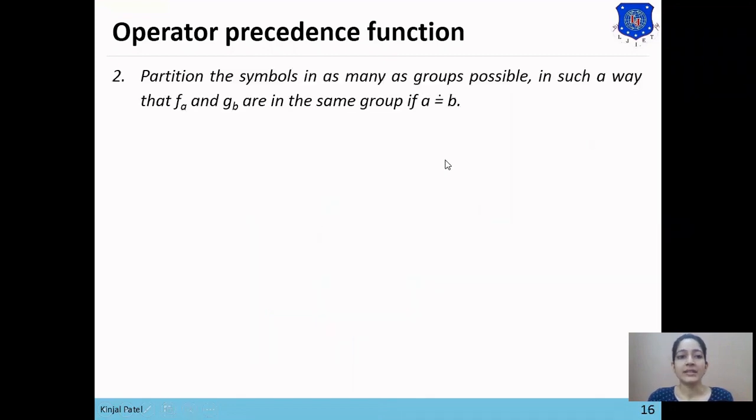Now next step is to partition the symbols into as many groups as possible, in such a way that if a equals b, meaning if there is an equals relation between a and b, then f of a and g of b will be in the same group. Otherwise, partition all the functions into different groups.